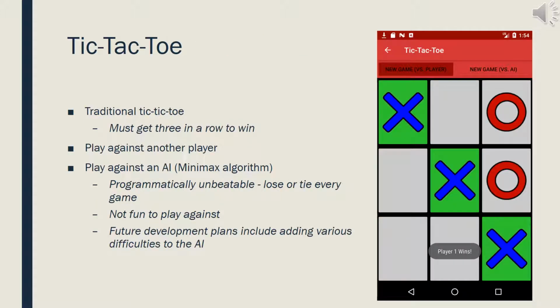This is the first of 2 games that I created for this project. It is a traditional tic-tac-toe game in which the players are competing to be the first to place 3 of their marks in a horizontal, vertical, or diagonal row. I provided 2 different ways to play the game. You can either play against another player locally, or you can play against an AI who is a little too